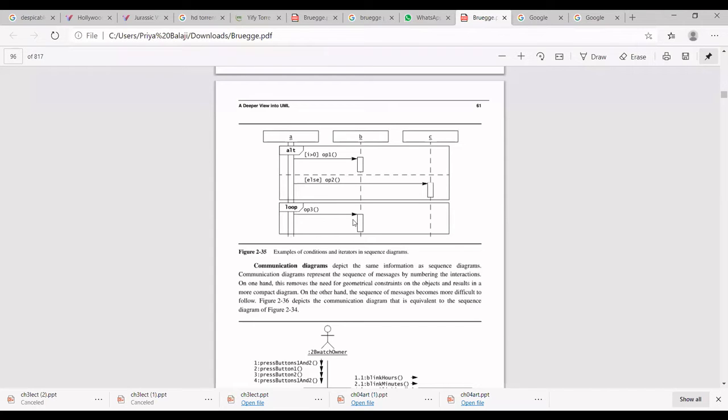Is there? Okay, even if it is not there, no problem.